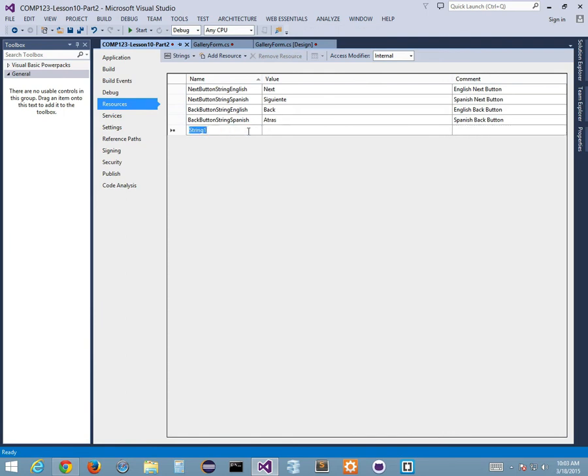So I'm going to say my, and this is my title bar, right? Title bar string. Every time I'm teaching, it's got to be title bar string English, right? Is going to be, of course, image gallery. Right, and that's the English title bar. And now my title bar string Spanish is going to be my